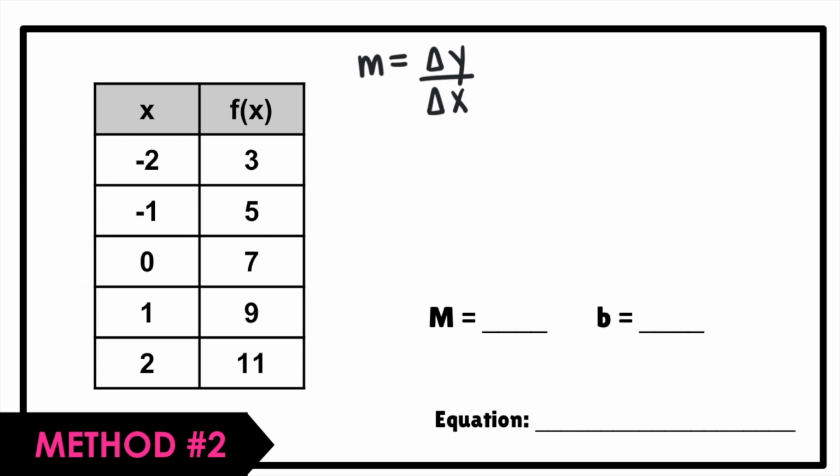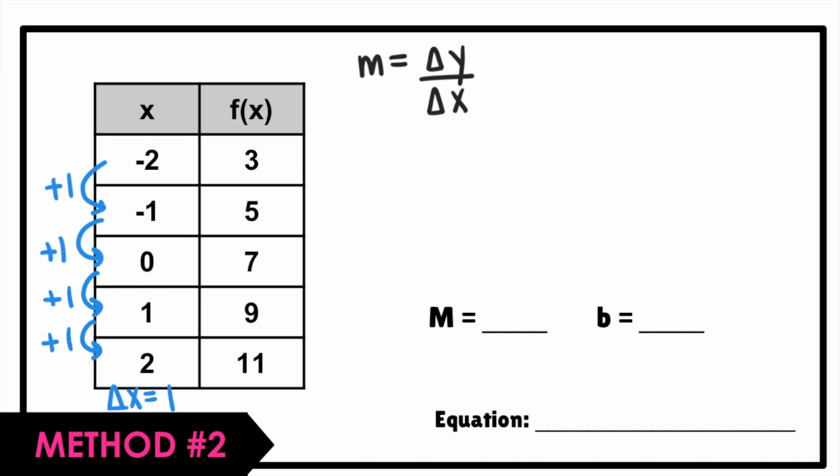Sometimes it's really easy to see. So we know to get from -2 to -1, we have to add 1. To get from -1 to 0, we also have to add 1. And we see that that pattern continues for all of our x values that are on this table. So we know our change in x